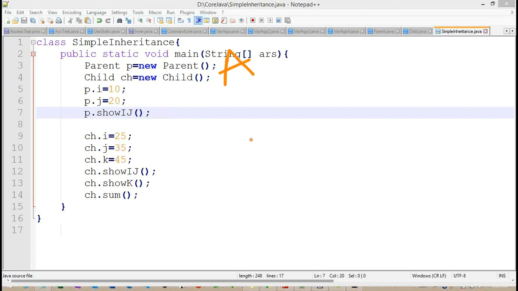So simply we identify A and B. A is going to play the parent role, and B is going to play the child role here, right? This particular relation we can call an is-a relation as well.